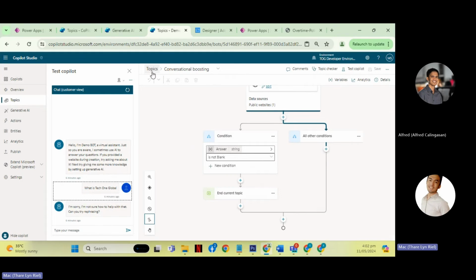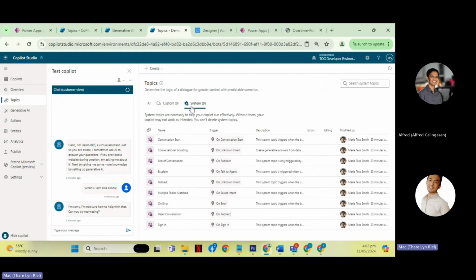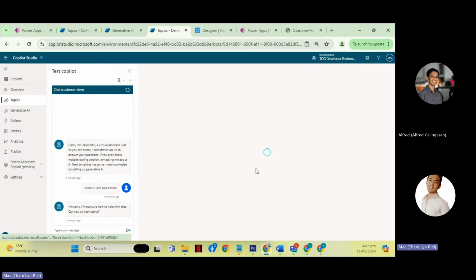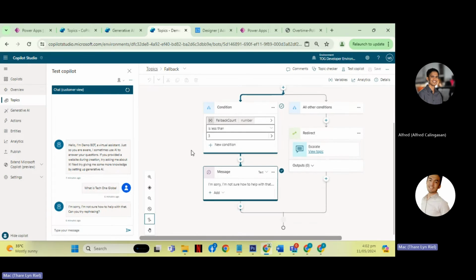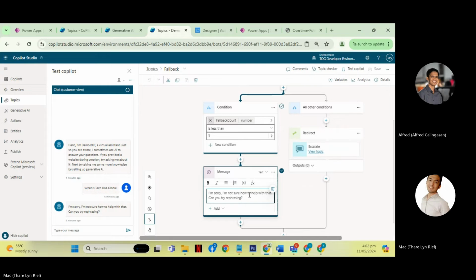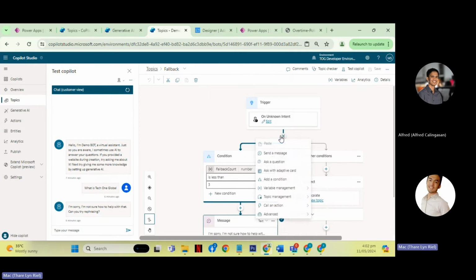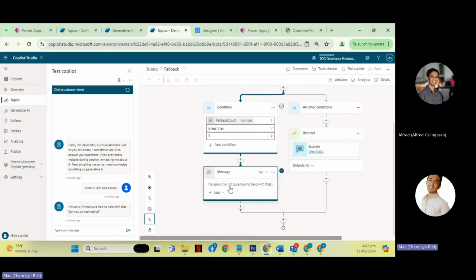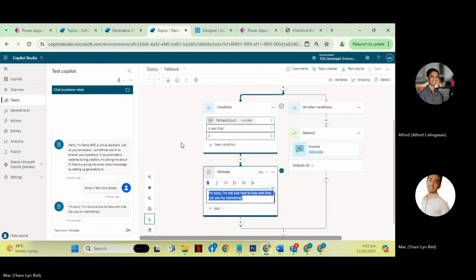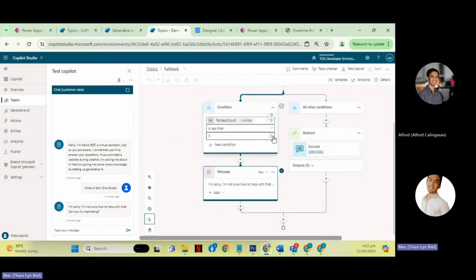So it automatically triggered the fallback because it is an error. You can add an action here if you want to. You can change the output here if there's an error on the topic also.